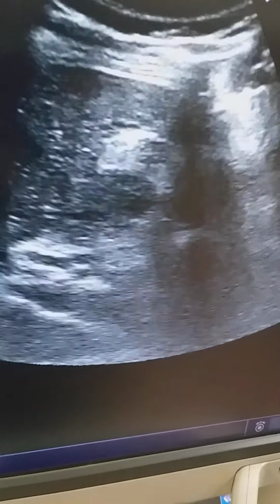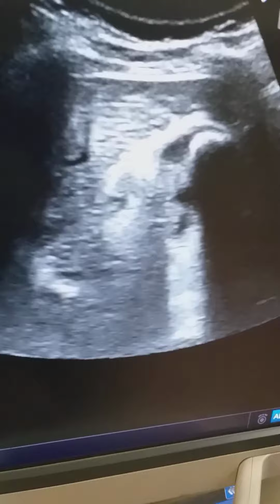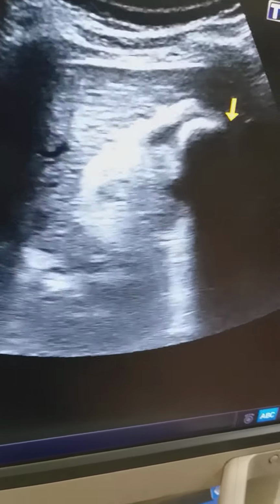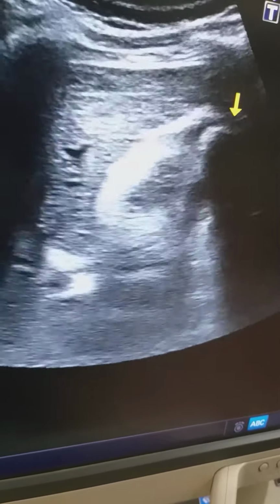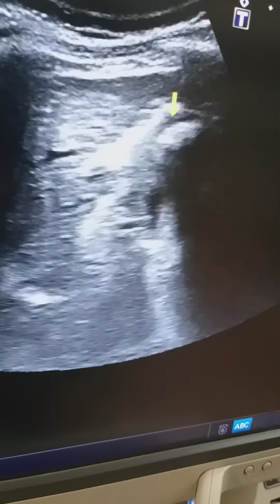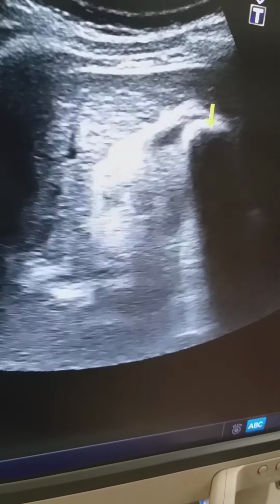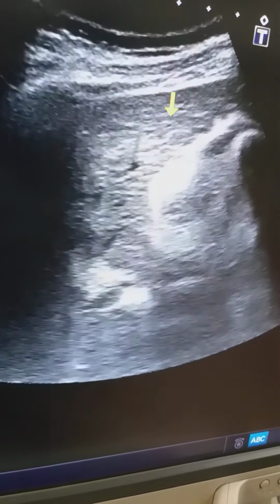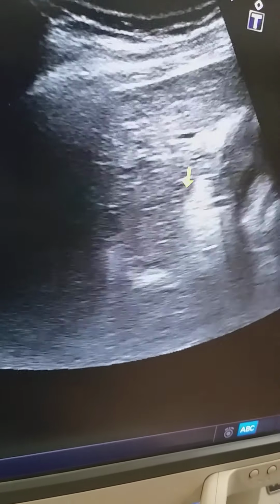I am going to locate the liver. Here, this is the liver. I am going to locate the gallbladder. This is the gallbladder, which is showing calculus, and it is partially contracted. The walls are echogenic and mildly thickened. So another pathology is there. Never forget, if one pathology is present, never forget the other pathology that may be present in the one patient.